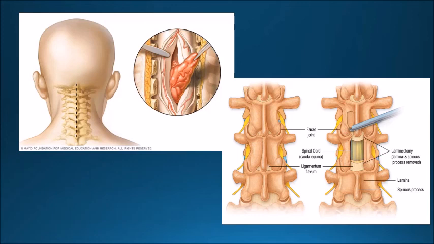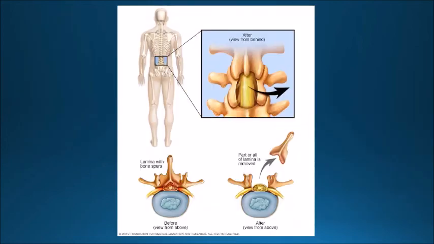If the lesion is intradural extramedullary, it is easier to excise because it is actually separated from the spinal cord, but the intramedullary spinal cord lesion takes more precise excision, and we usually go for microscopic removal of these lesions. In another slide you can see that we initially remove the bony structures like the spinous process and the lamina to reach the spinal cord and the dura, and then after durotomy, or opening of the dura, we remove the spinal cord tumors.